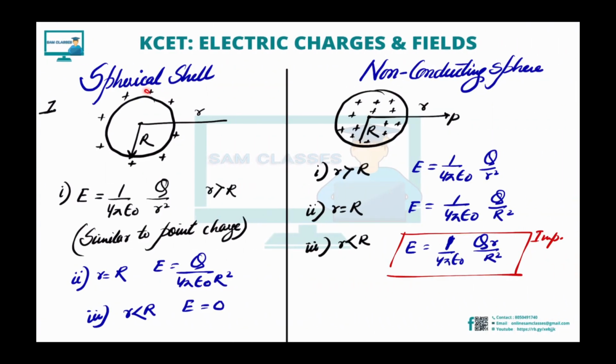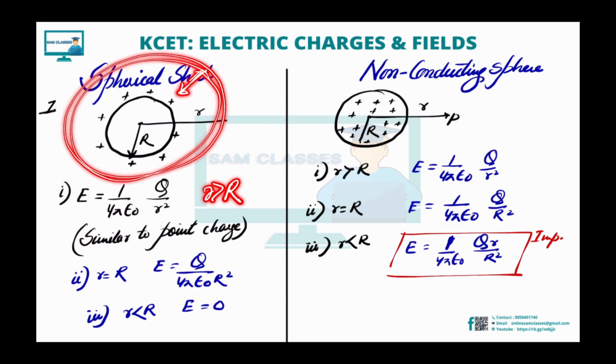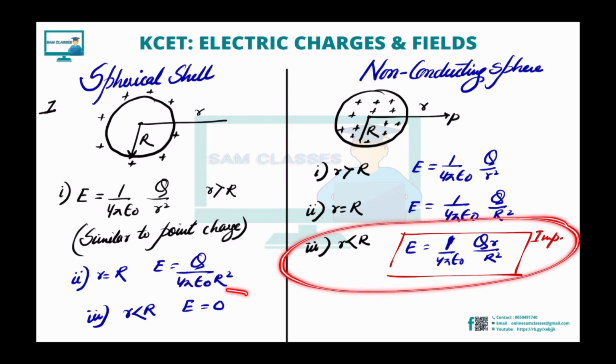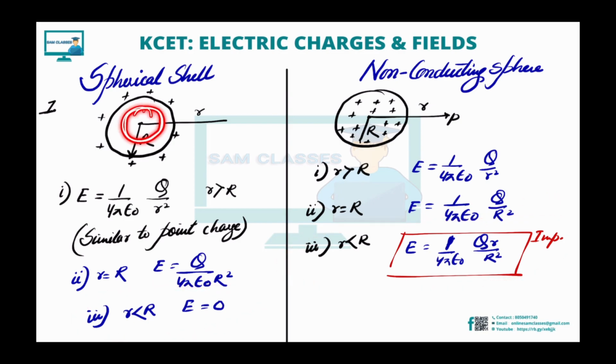So that covers everything till here. We are starting the spherical shell again. Now for the spherical shell, we know what happens. Charges stay on the outside. When you are doing it for r greater than capital R, my Gaussian surface is taking up all the charge. The charge enclosed is capital Q. So it is 1 by 4 pi epsilon naught, Q by r square. Here also, same thing when you are talking about outside. It is the same formula, basically similar to a point charge. When it is at the surface, again the same thing. Electric field will be equal to Q by 4 pi epsilon naught R square, because the Gaussian surface here is also the same.